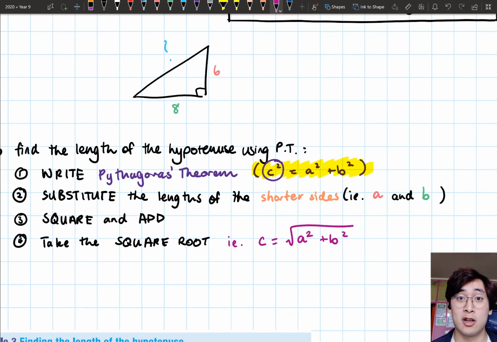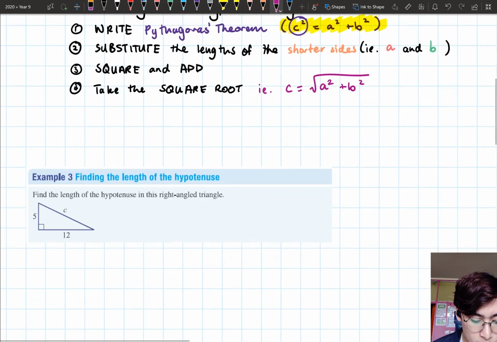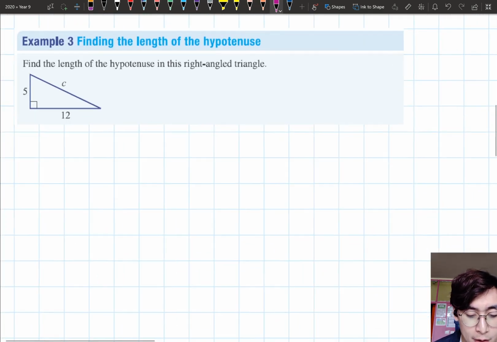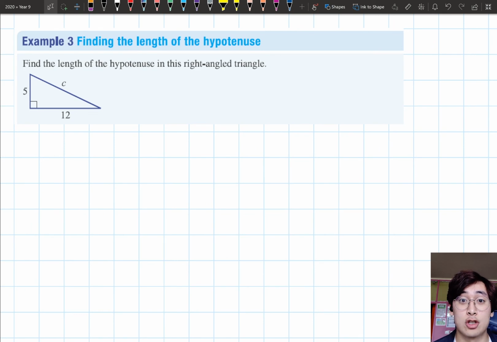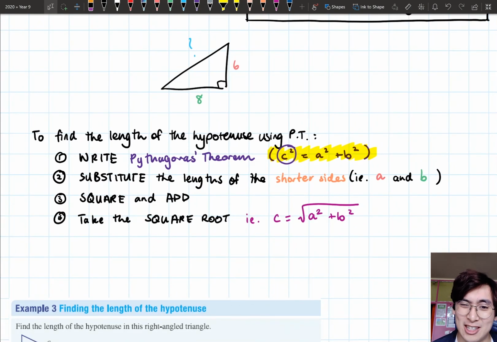Okay, what I'm going to do is I'm going to go through a few examples to help show you how we do this. So let's have a look here. Find the length of the hypotenuse in this right-angled triangle. Okay. Also, just let me scroll back. Please write this in your books if you haven't already. So pause it if you need to at this point and just write these 4 steps in your book for me, please. Okay,